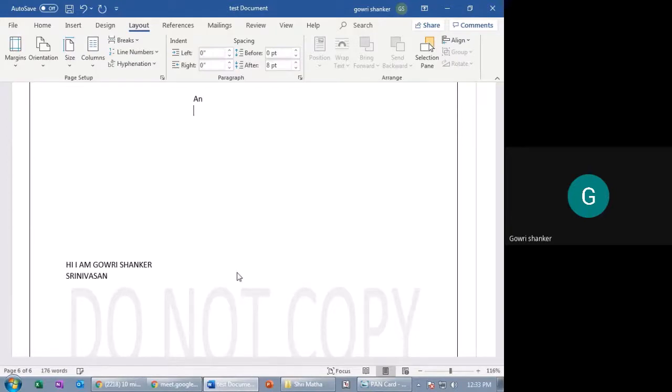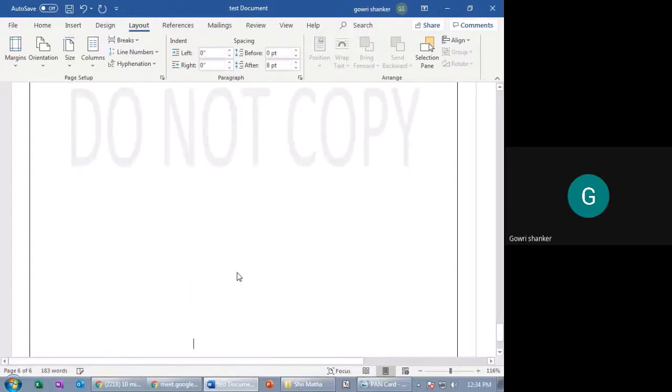And MBA finance background from University of Madras. Now the second column I have used in this paper.